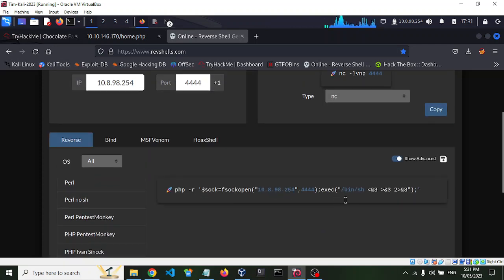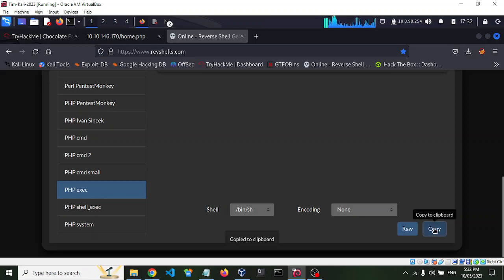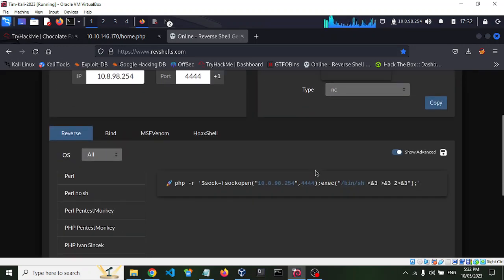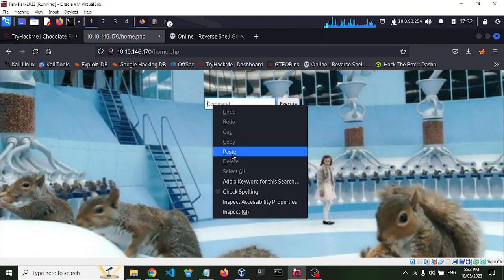And try this one. We'll just copy that. It's already got our IP and our listening port in there. So if we just paste that in there,